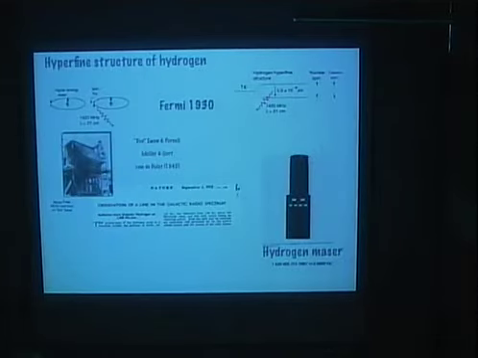It's been known for some time that the magnetic interaction between the electron and proton results in a small splitting of the ground state levels of the hydrogen atom. These hyperfine levels are labeled by the total spin angular momentum quantum number F equals 0 for the lowest level and F equals 1 for the upper levels. In its ground state, the hydrogen atom can absorb or emit magnetic dipole radiation at 21 centimeters and induce transitions between these two levels. The 21 centimeter line has played an important role in the development of radio astronomy since being discovered almost 60 years ago, and it has played a central role in the development of the hydrogen maser.